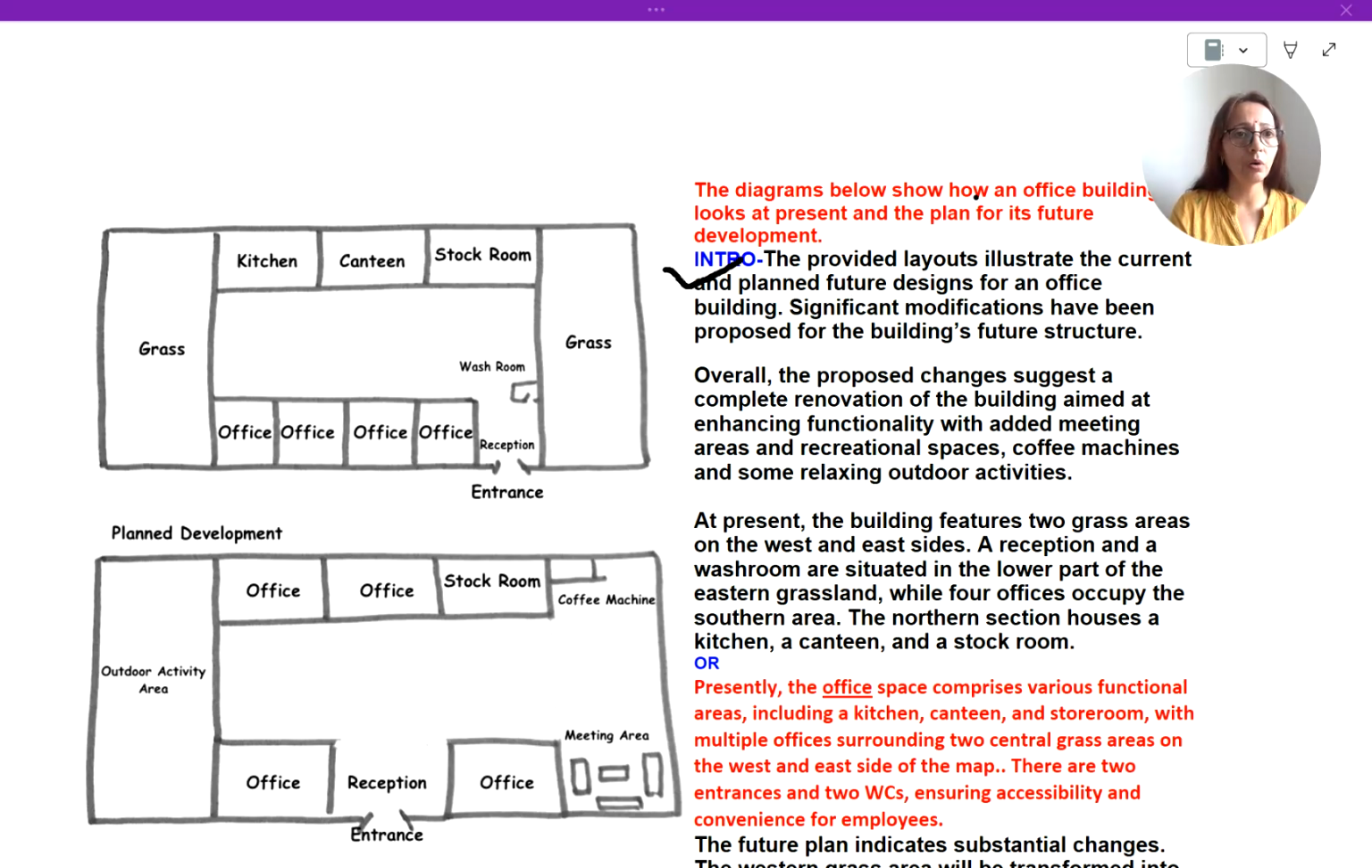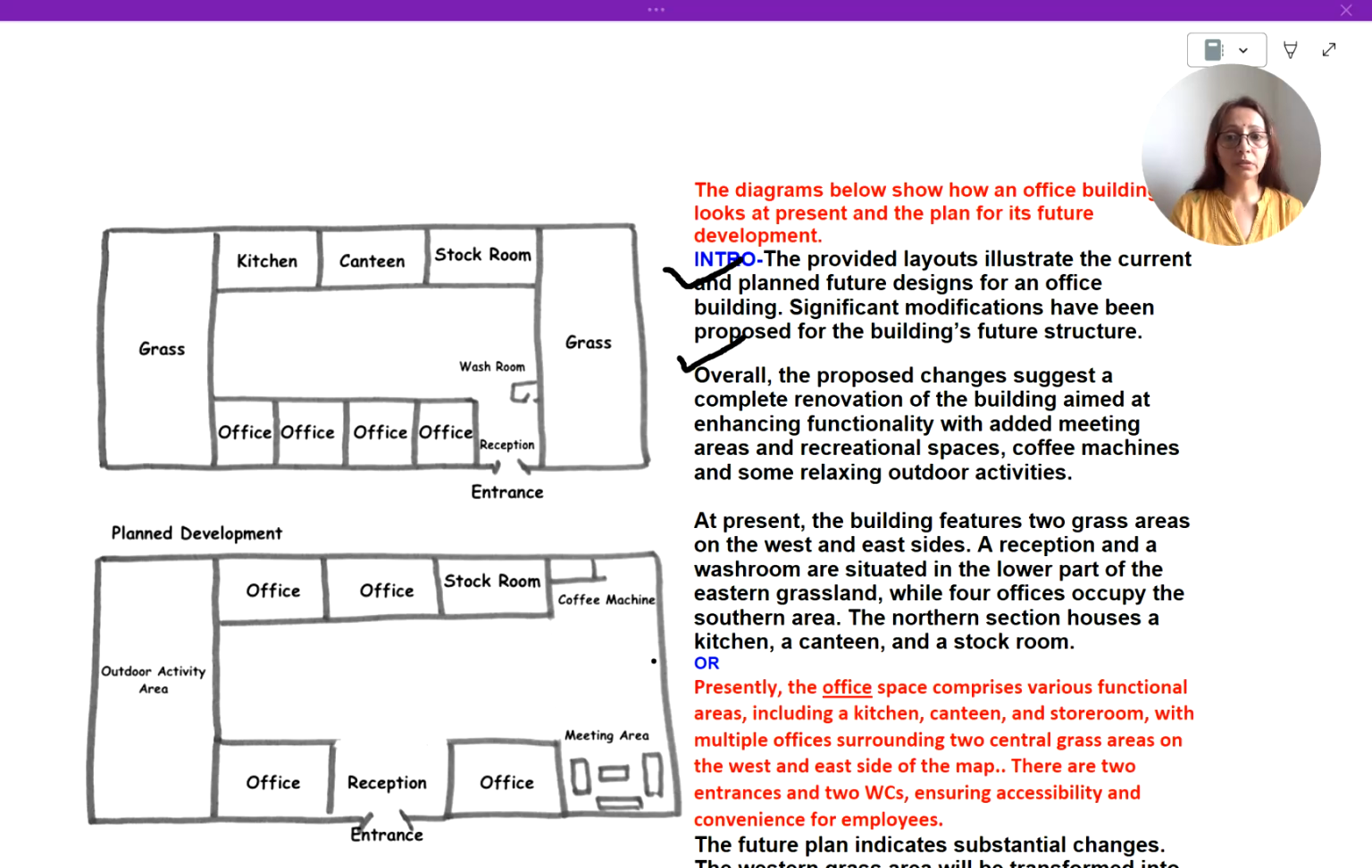So instead of how they have made this kind of sentence, I have made it into a simple kind of sentence. I have changed it. Now, the overall paragraph. Here you can write: overall, it can be seen from the maps that the proposed changes suggest a complete renovation of the building aimed at enhancing functionality with added meeting areas,